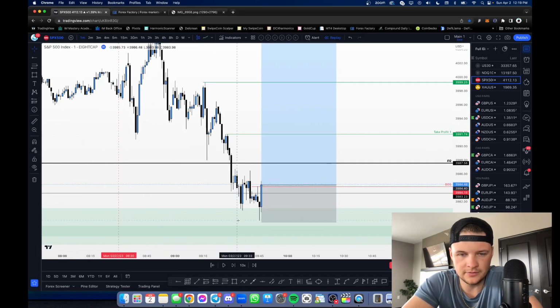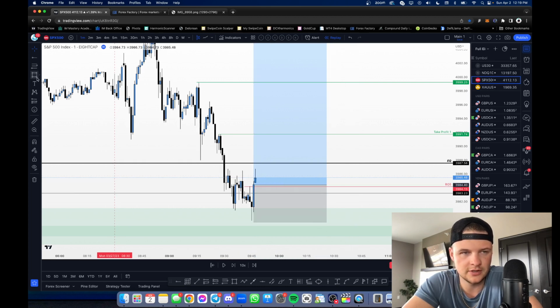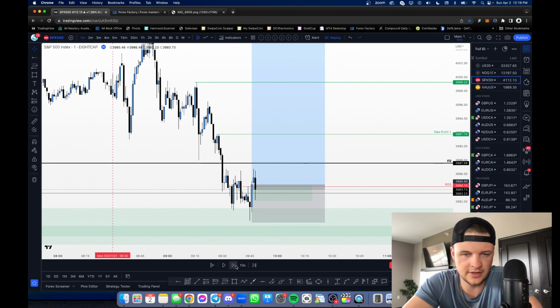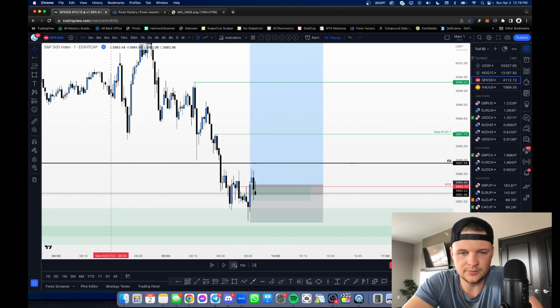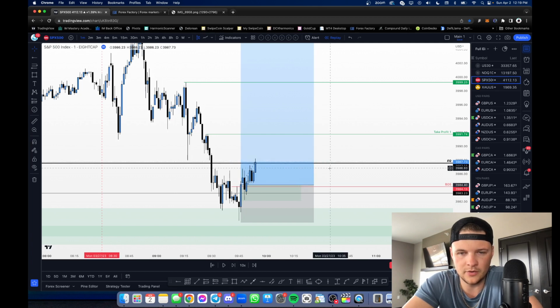So we're in right here, right? But we got a fair value gap that gets left behind as well on this next candle. So even if you didn't catch the break of structure entry and you wanted to wait for a pullback to this fair value gap, you could have caught an entry doing that as well, because price pulls back into that fair value gap. That could have been an entry point. Very tight stop loss. If you would have got that, that would have been literally like 2 or 3 points. But then price pushes up a little bit into profit, right?